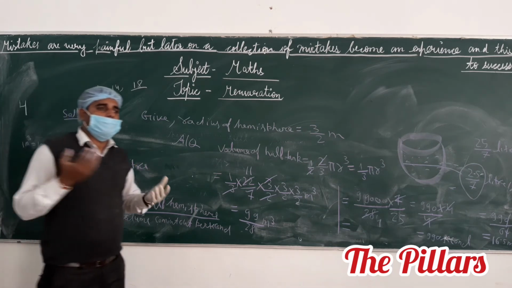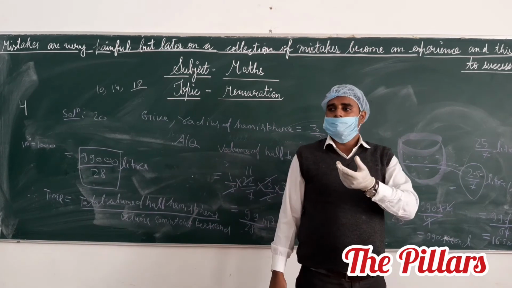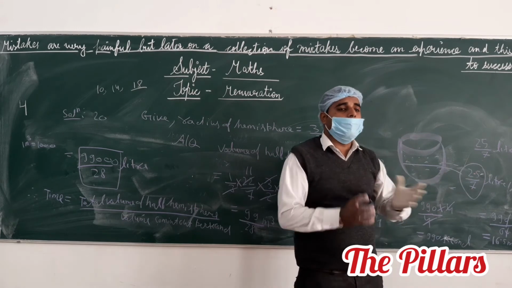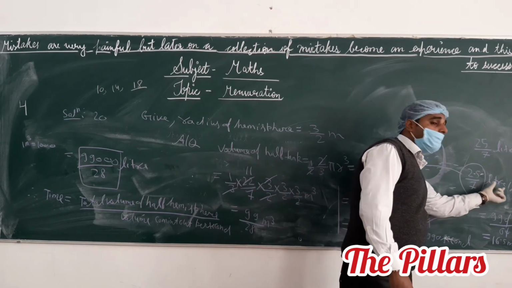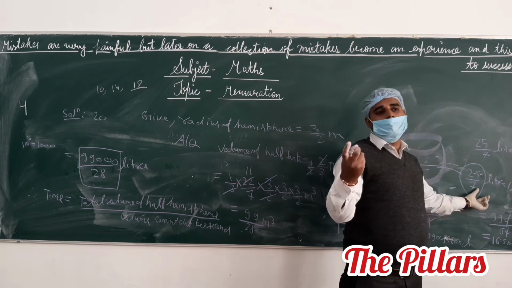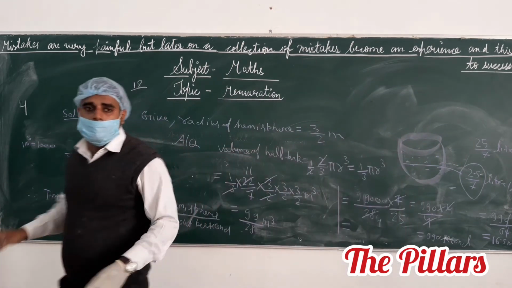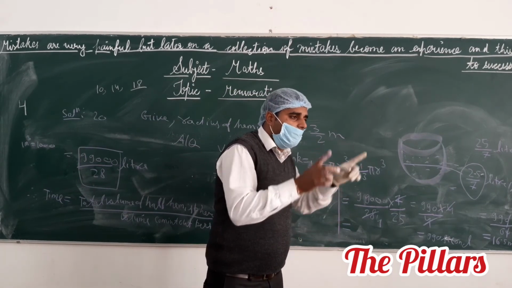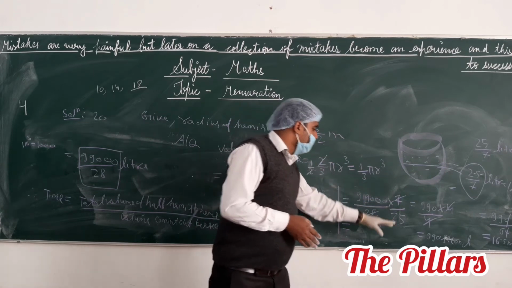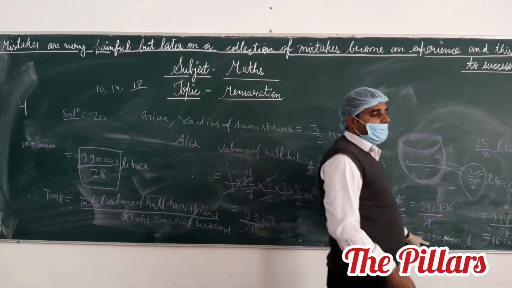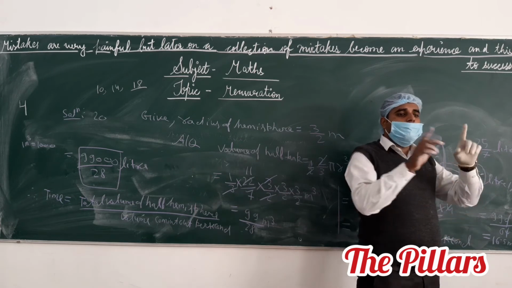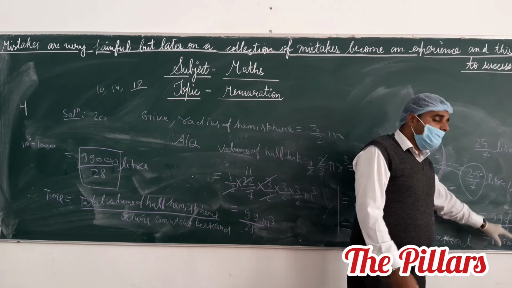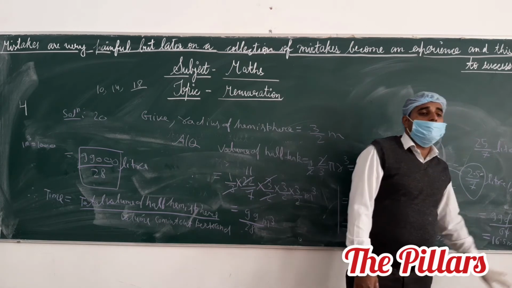The question says in how much time it will be empty. This half tank, in how much time will it be empty? Then this total volume is divided by 25 by 7 liters per second, because this much volume comes out in 1 second. If you divide this total volume by this volume, you find in how many seconds the half tank will be empty. You get 990 seconds. If you want to convert to minutes, divide by 60, and in 16.5 minutes it will be empty.